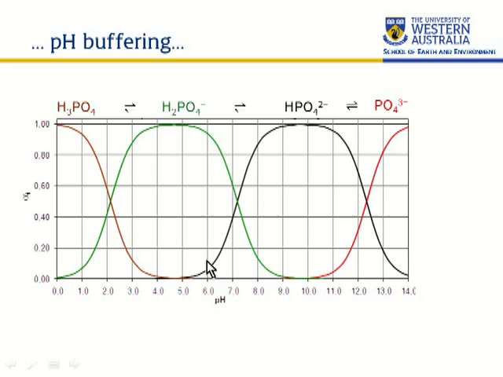So just a word about that, where we'd see most soils sitting, say, between pH 4 and 10. It's these two species of phosphate that are most likely to be found. So at lower pH, the dihydrogen phosphate anion; at higher pH, the monohydrogen phosphate anion. So the same would be true for